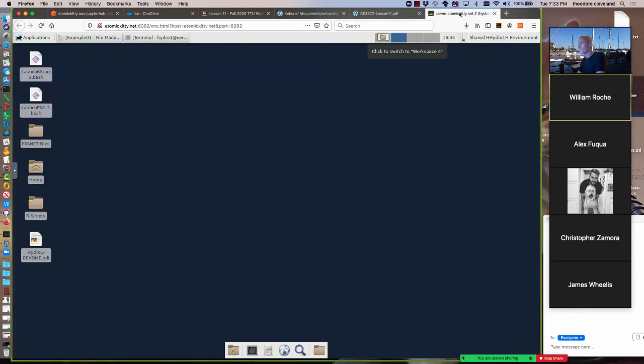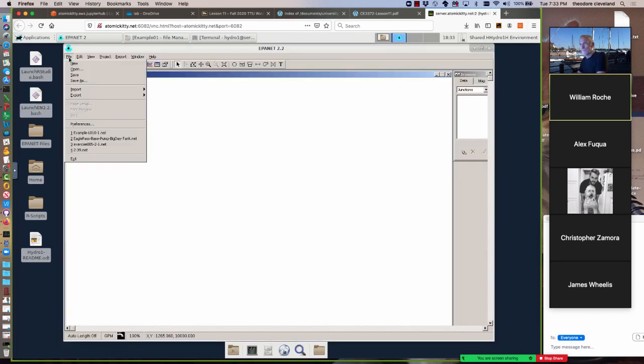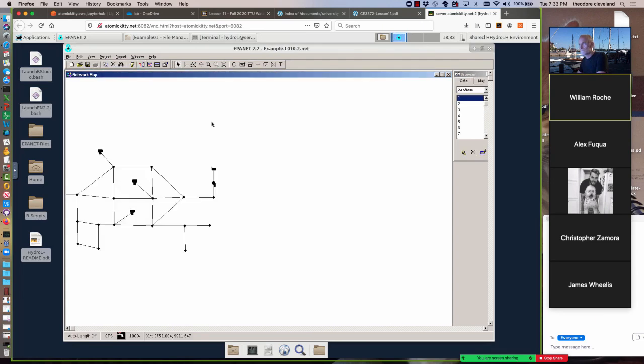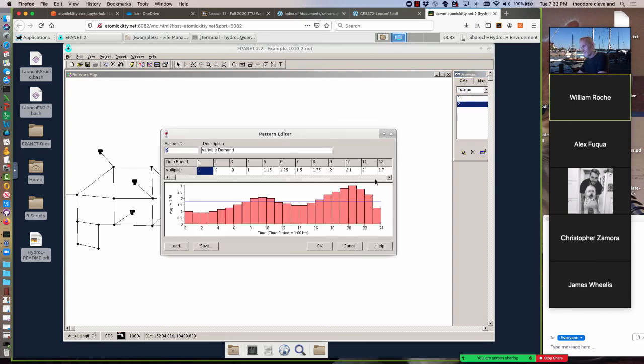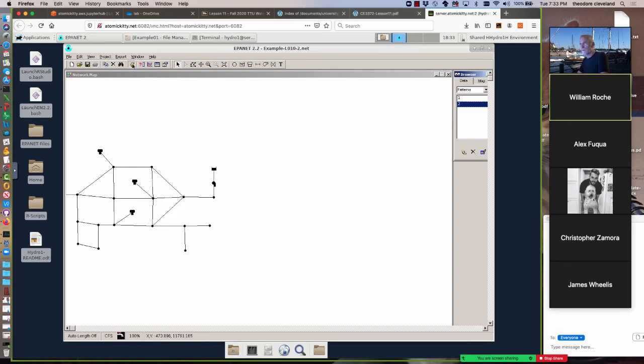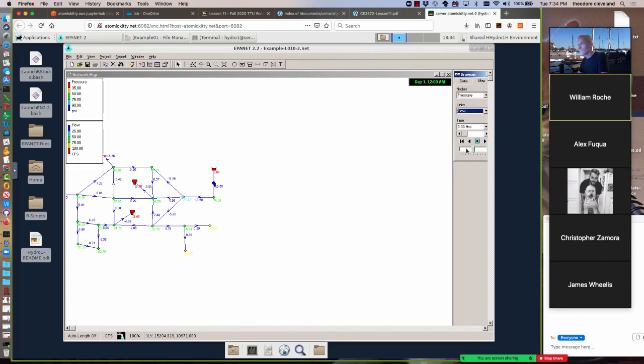Oh, there's another example already there, which I believe has the varying demand pattern that was illustrated in the presentation. If we run it, we get the usual results. So if we look at over a 24-hour period, doing pressure today. So the pressures at the nodes are